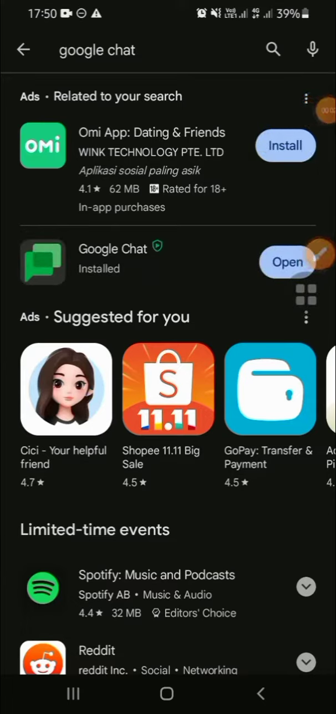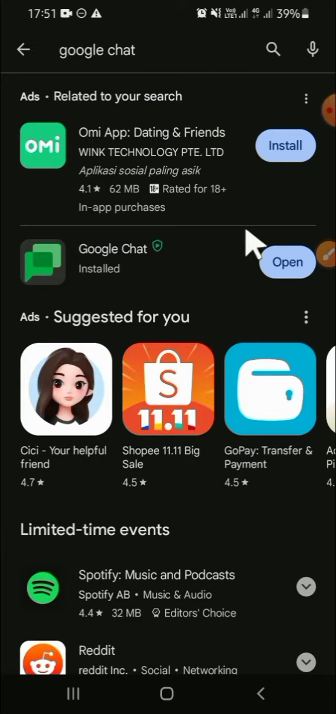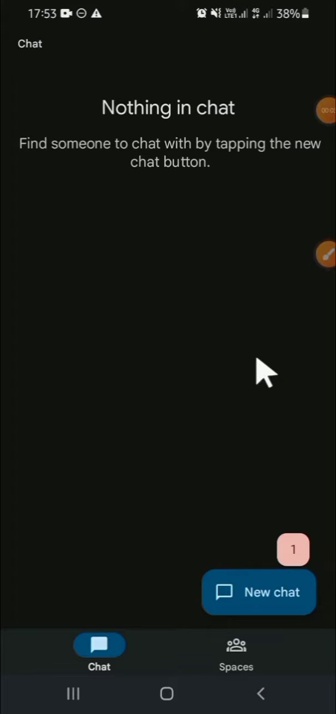Okay guys, and now Google Chat has been installed on our Android, and we can check it by clicking on this open button right here. Then you can start the chat by clicking on this new chat button. And that's how we can get Google Chat on